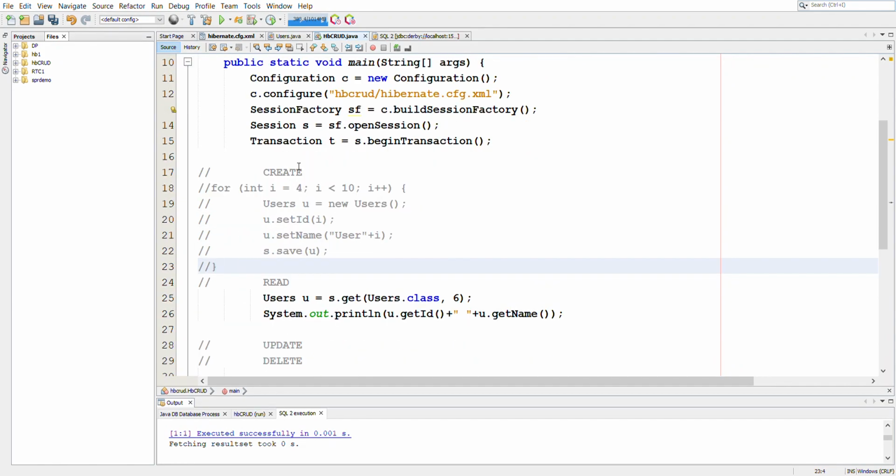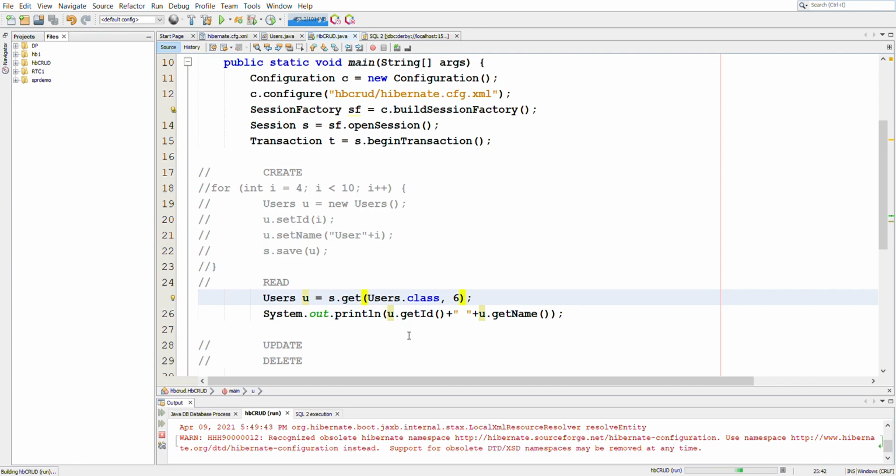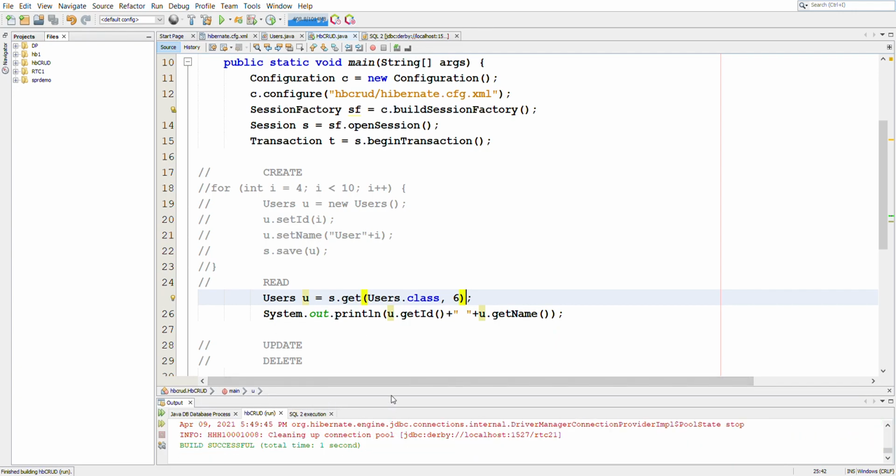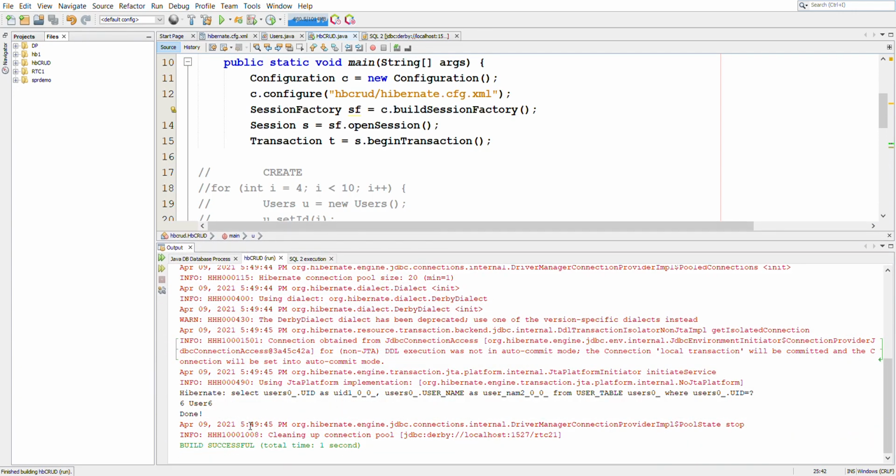Now if you see in this code, we are not creating anything. We have commented this code. We are only getting the ID 6 from the table. When we run this, it is first showing us the query that it has fired.